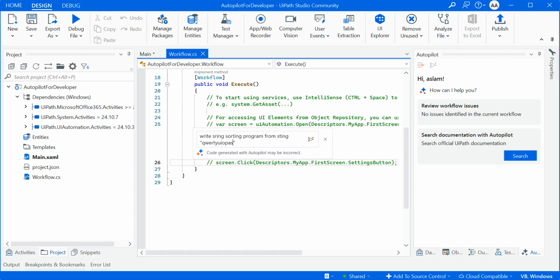I just gave some random text and I need to sort it, right? String sorting in ascending order. Okay. If I click on the generate button,